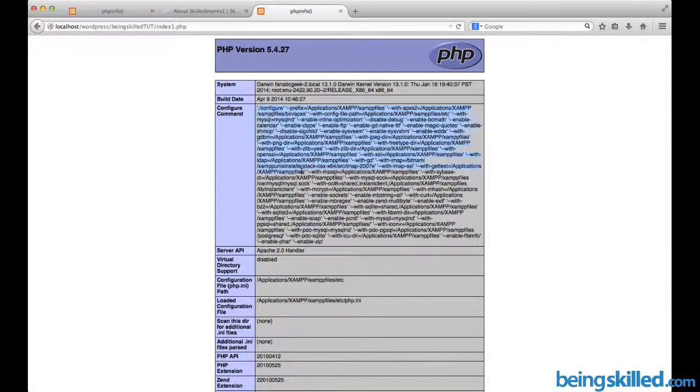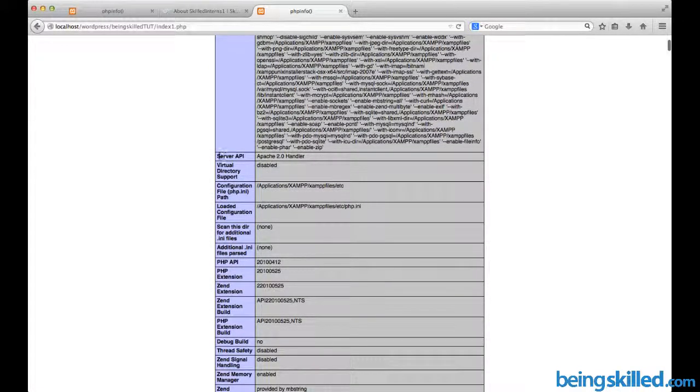And then we have the configure command. So it tells us that XAMPP is installed in the applications folder, and then XAMPP files is the root. Then it tells us the server API, which is Apache 2.0 handler, which means that we are using Apache as the web server.